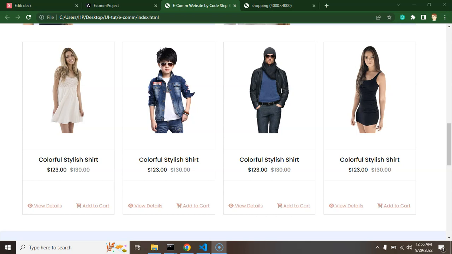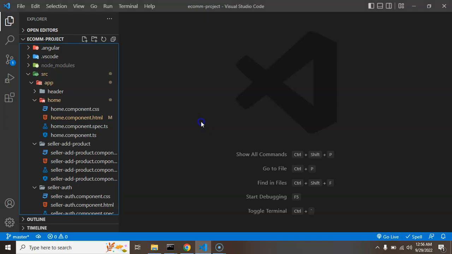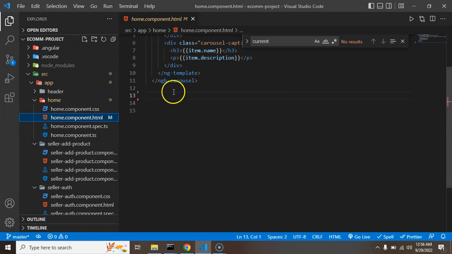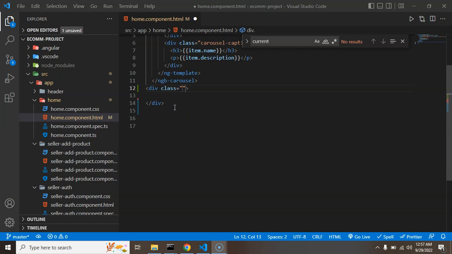So now let's start with the HTML, and after adding the complete HTML, we will work on CSS. So let's open home.component.html and let me add a div, and we can put a class name on that div. Let's say product list wrapper. All right, and within that we can add one h1 tag also, and we can put a heading like trendy products,